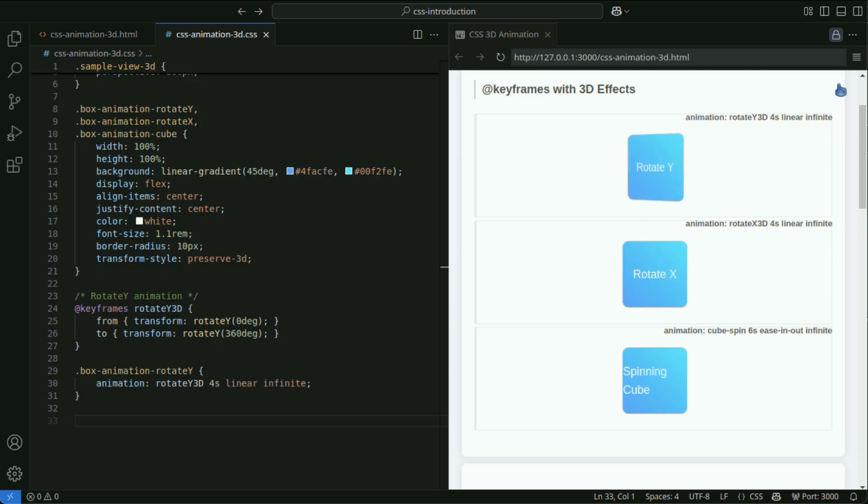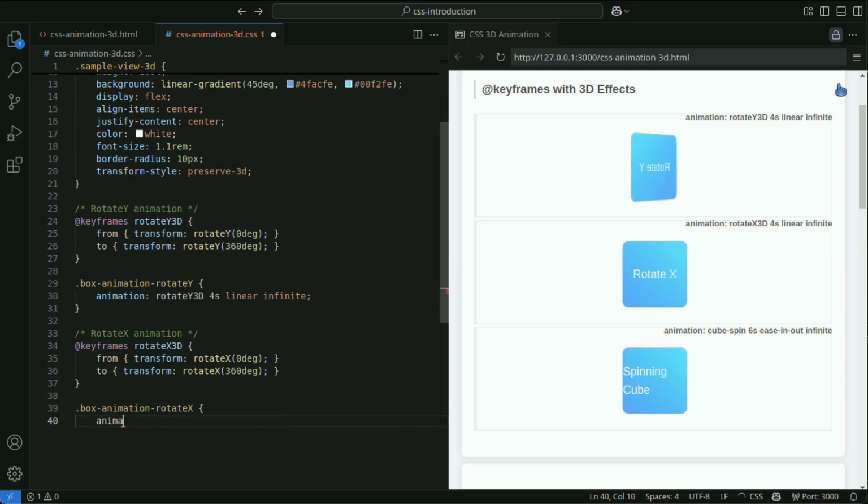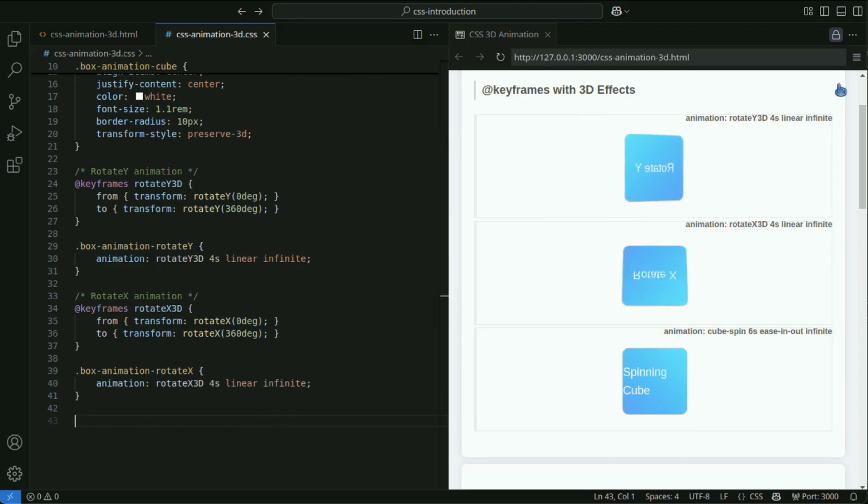Let's also define a 3D animation that rotates an element around the x-axis. The rotateX3D animation rotates the element 360 degrees around the x-axis.